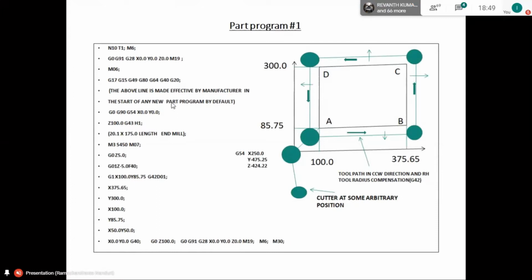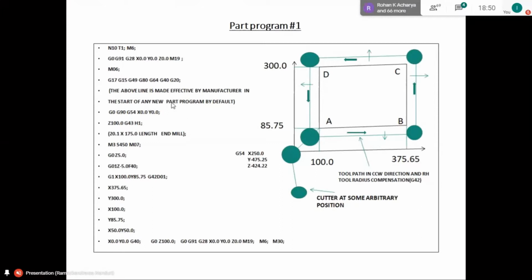And sometimes, as I have given in the next line, the above line is made effective by the manufacturer at the start of any new part program by default. The manufacturers provide all such commands which have to be given by default in the system itself.